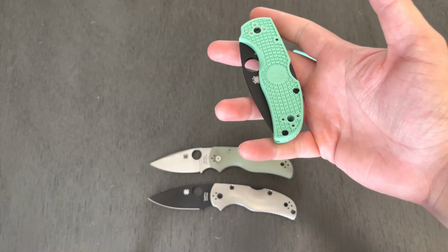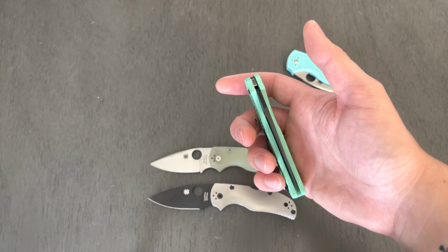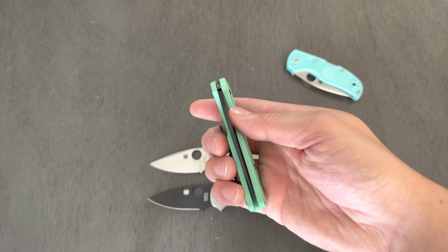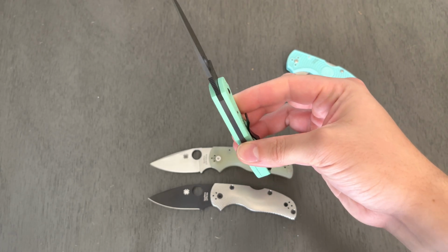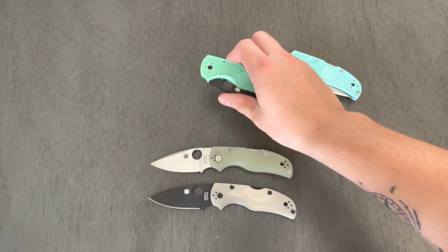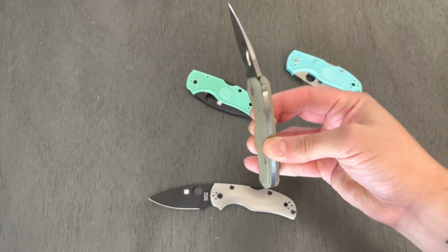If I didn't mention before, it went on sale for $100 because I figured that Blade HQ is probably getting in a ton of stock for winter sales and Christmas stuff, and their inventory is just going to be flooded with stuff from like last year, which is this item. They also have something else that I was really interested in. I was going to impulse buy, and that was the